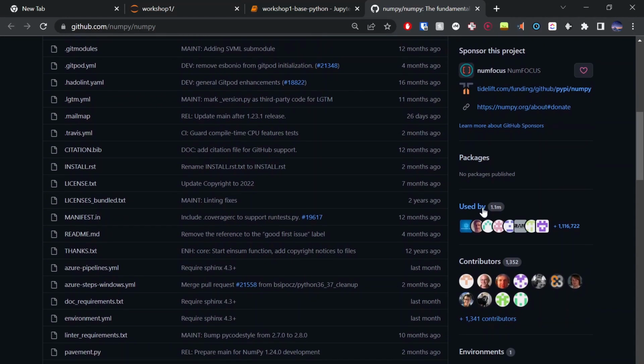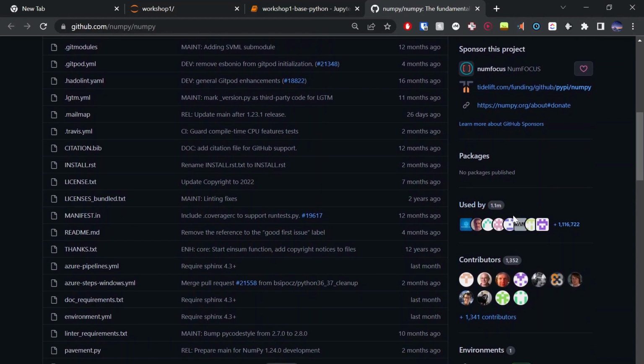The main thing: used by 1.1 million people. This is a vast underestimate. I don't know how GitHub counts this. I wouldn't be surprised if it's over 20 million people, because this is pretty much the foundation of most stuff done in Python. And 1,300 people have contributed to this exact code base, whether that be implementing a huge amount of features or fixing a typo. But yeah, 1,300 people working on a package.